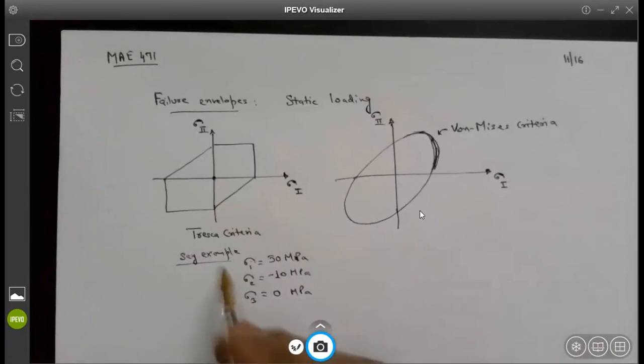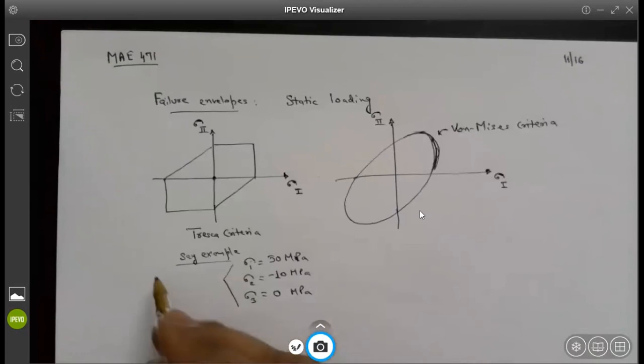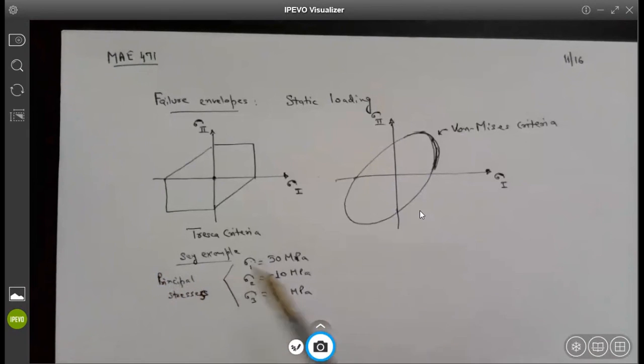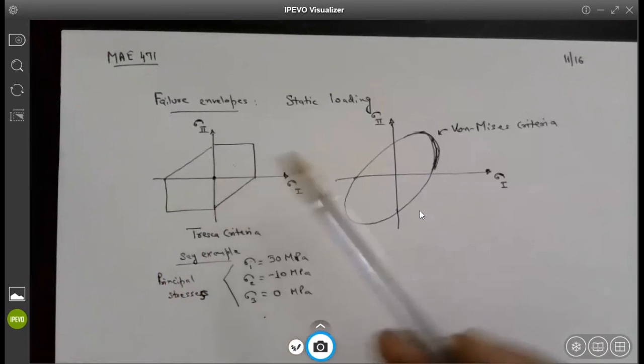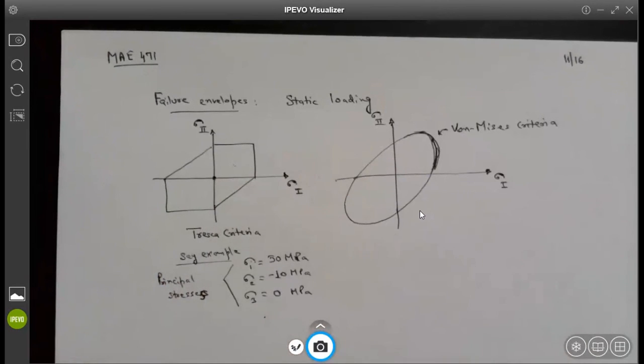Now, these are the principal stresses. Most of the time you may not be given the principal stresses exactly. You will be given sigma xx, tau xy, stresses in Cartesian coordinate systems. What you have to do is convert those stresses into principal stresses first. Once you convert them, you either plot them graphically here, or you can simply use the analytical equation to see whether there is sufficient factor of safety or